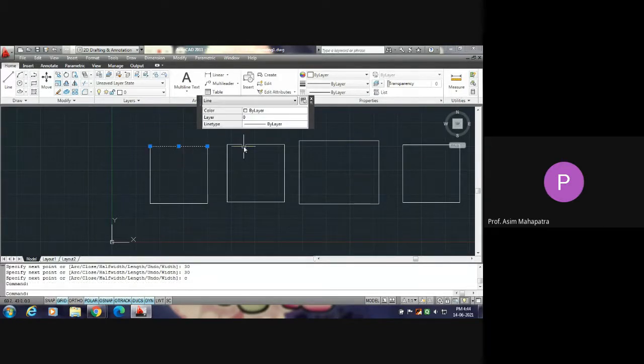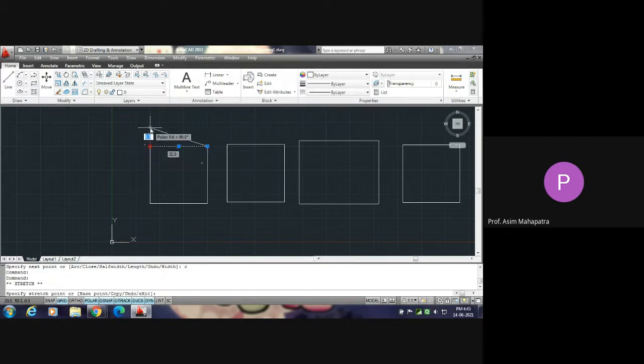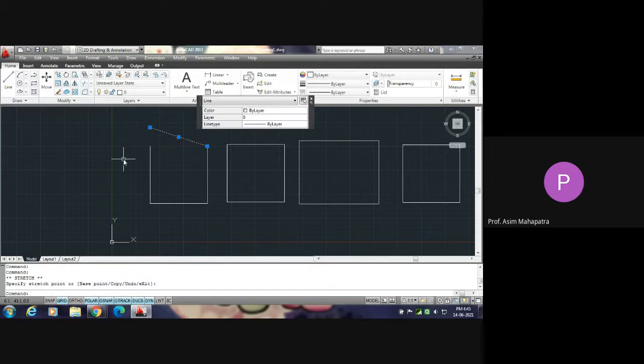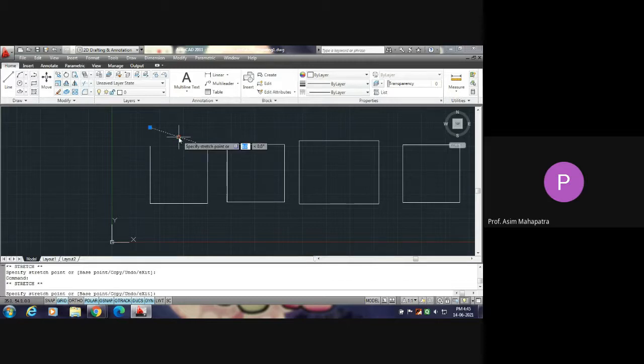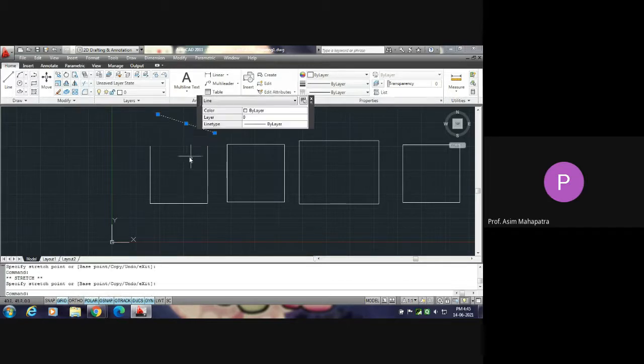This type of selection is called grip selection, because you can find several grips. In the line, you can find 3 grips. Why are these called grips? Because you can catch the line by holding that grip. I am holding the corner point and moving it. You see, the line has been shifted. That's why it is called grip. If you catch the middle grip and then click somewhere else, it will be moved.